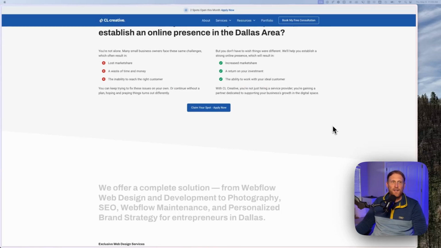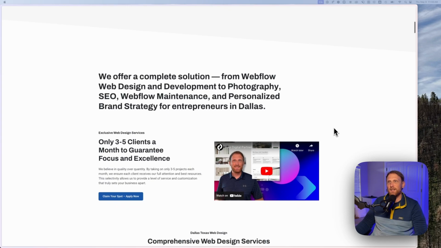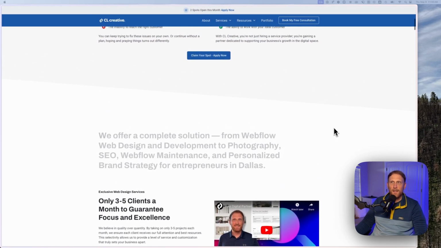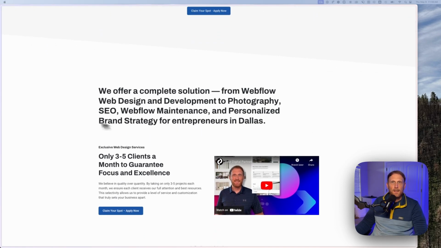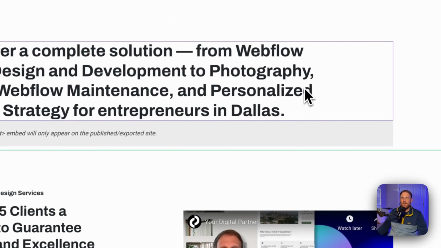All right, well, here we are inside of the computer. This is what we're going to be animating right here, this text into place. So the opacity is going to be reduced, and it's going to update up to an opacity of 1. It's not very difficult to do, and I'm going to show you how to do that. So if we jump back into my Webflow project here, you're going to see that I have this text set